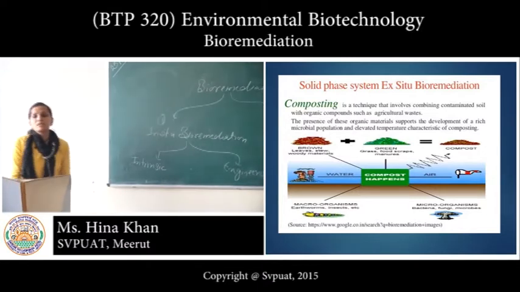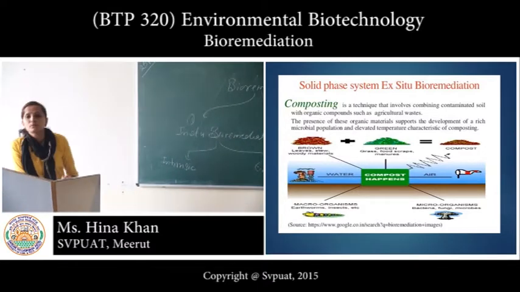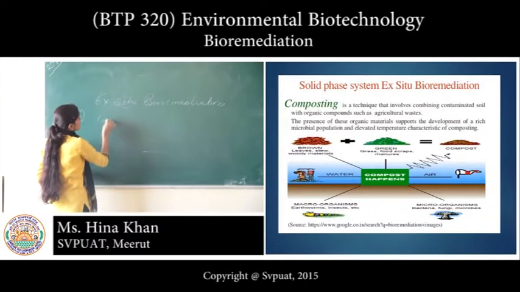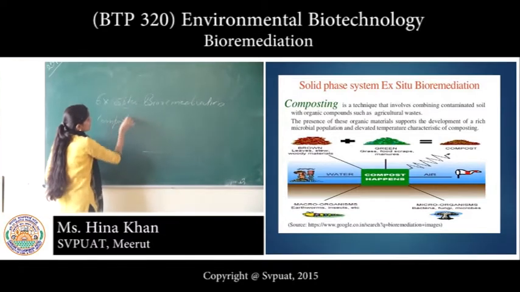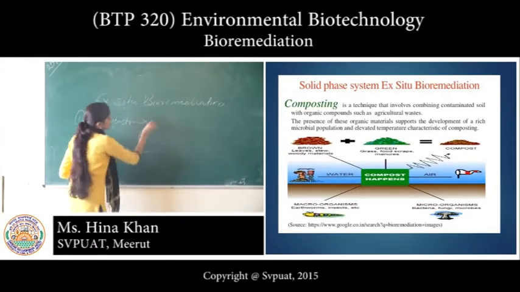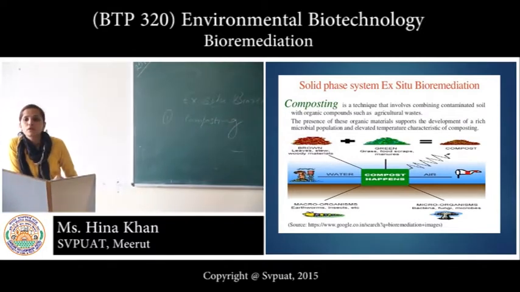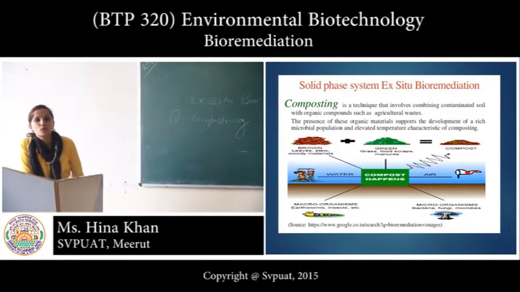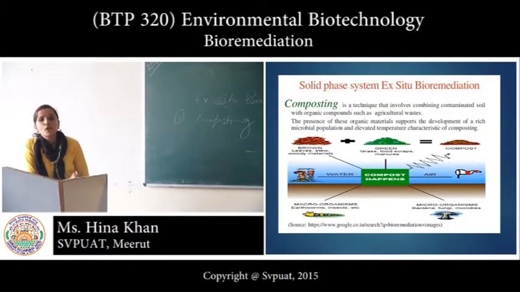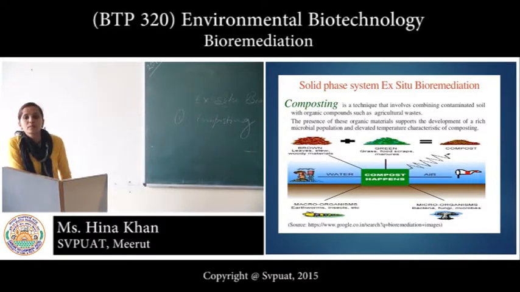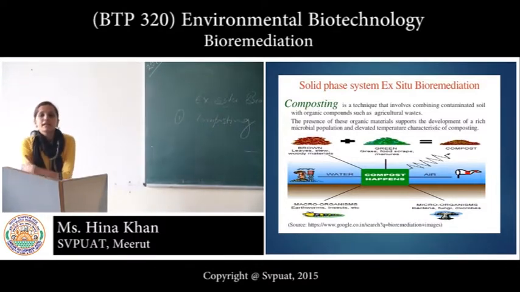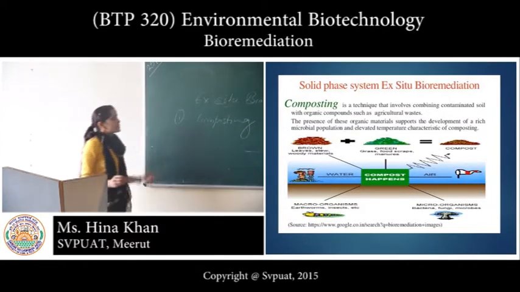Ex situ bioremediation, the solid phase ex situ bioremediation. First one is composting. A very important process. Composting is a technique that involves combining contaminated soil with organic compounds such as agricultural waste. You can see the presence of these organic materials supports the development of a rich microbial population and elevated temperature characteristic of the composting. Suppose there is a brown layer,